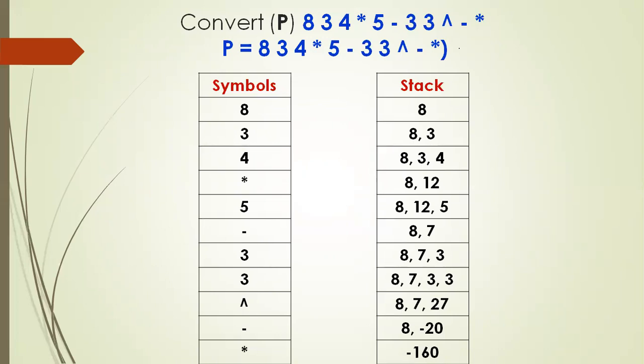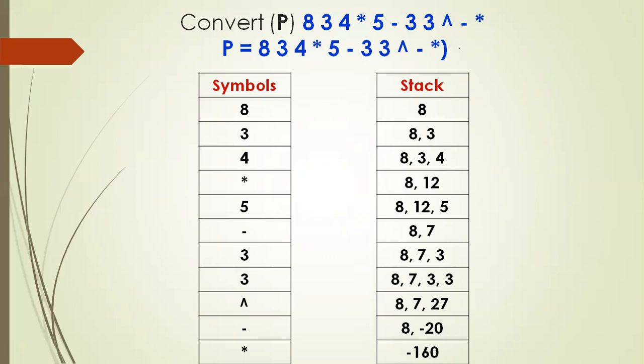Then once again you come across one more operator. Which is operator here? Minus. Whenever operator comes, what you have to do? Pop the top 2 elements. Top element you call it as N1. Next to top element you call it as N2. So when you pop the top element, N1 becomes how much? 5. And N2 becomes 12. Apply the minus sign between N2 and N1. So it becomes how much? 12 minus 5. How much? 7. Push it back into stack. So your stack now contains 8, 7.